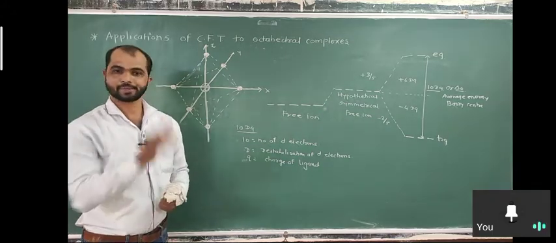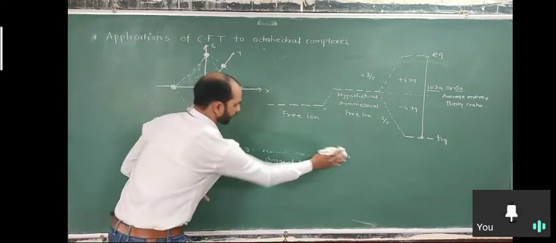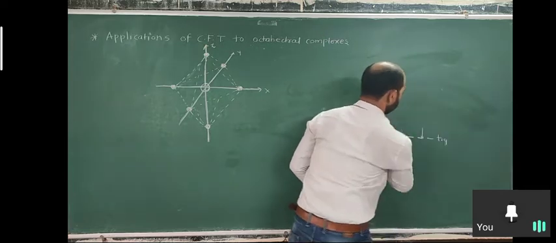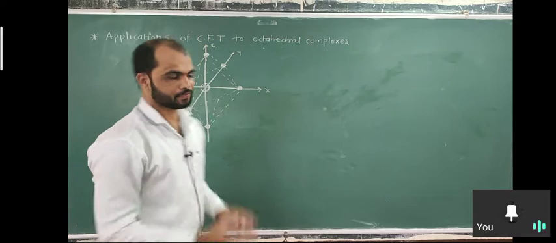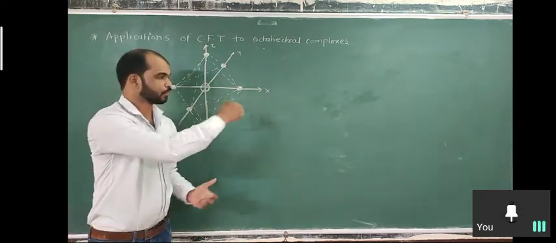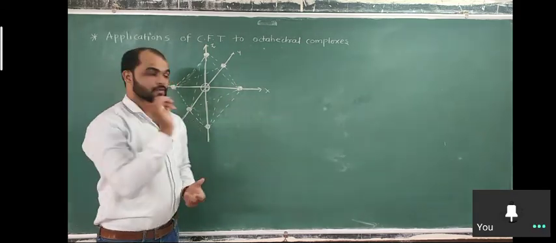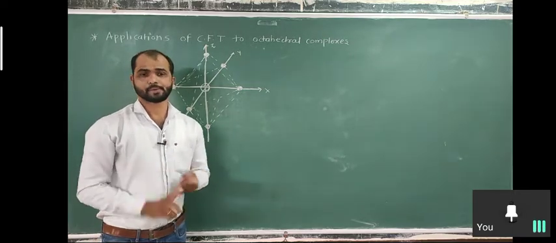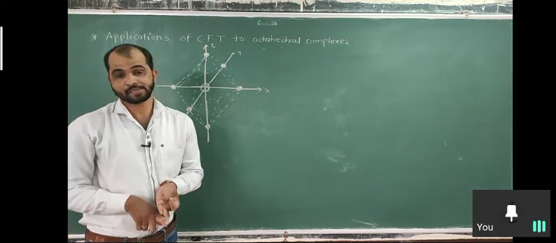So next after that, the next point is pairing energy. What is pairing energy? Pairing energy means when we fill up the electrons in particular orbitals. What happens? We fill up one electron in each orbital, all the degenerate orbitals containing single electrons. Sometimes we use the above principle when we distribute the electrons, we use Hund's rule of maximum multiplicity.